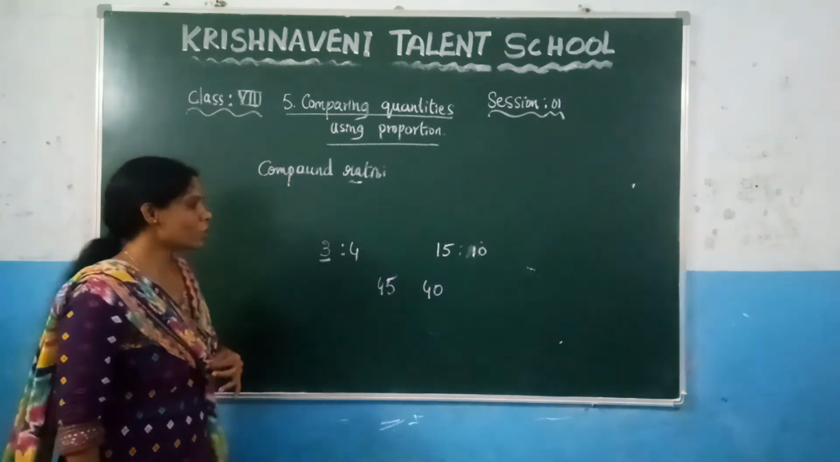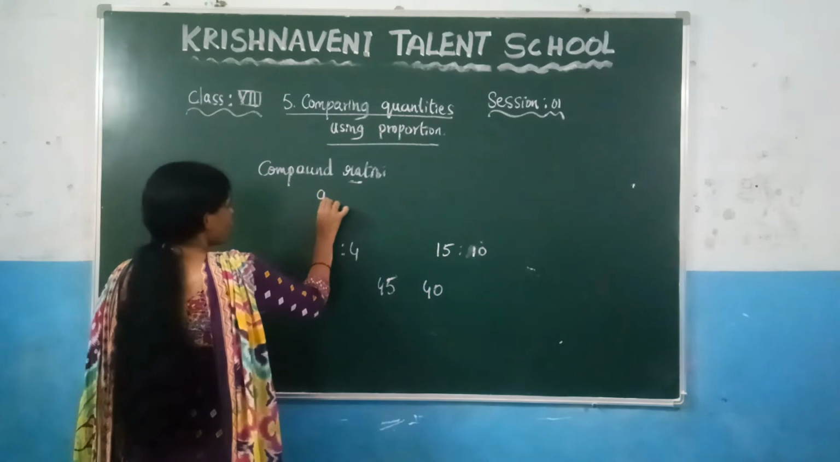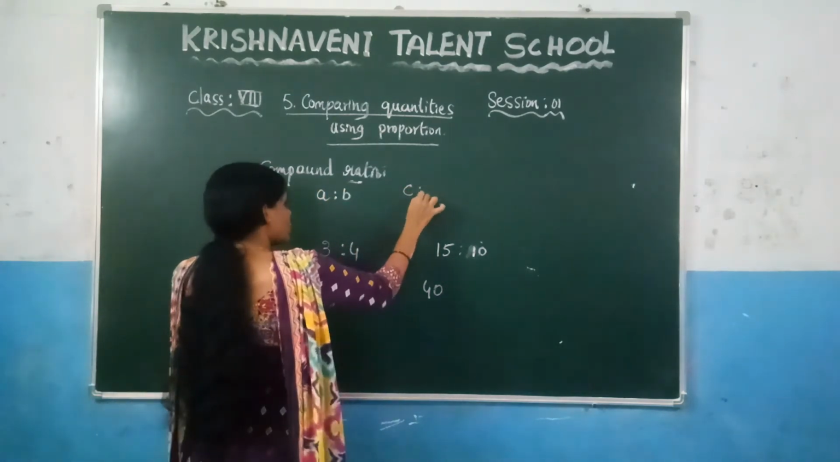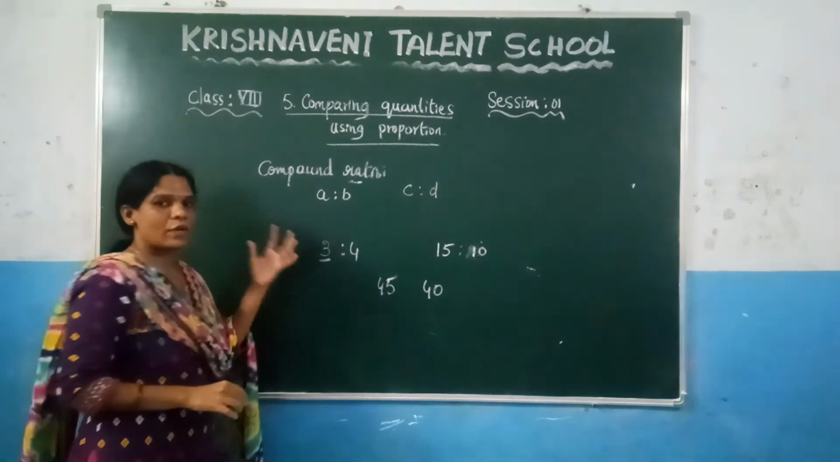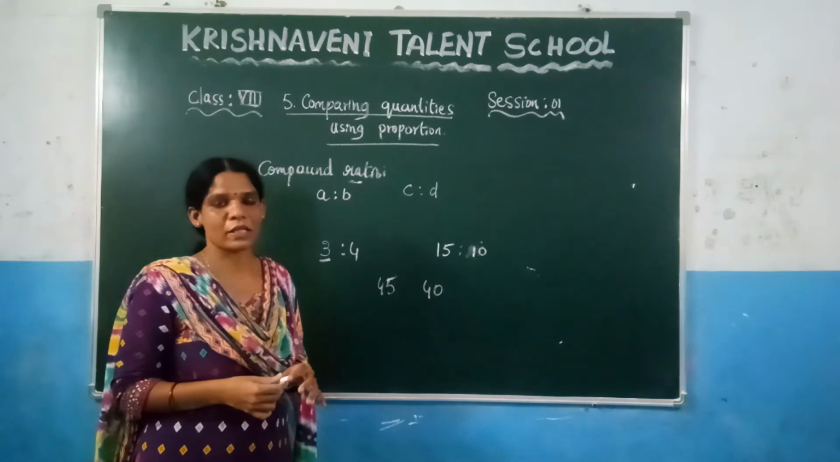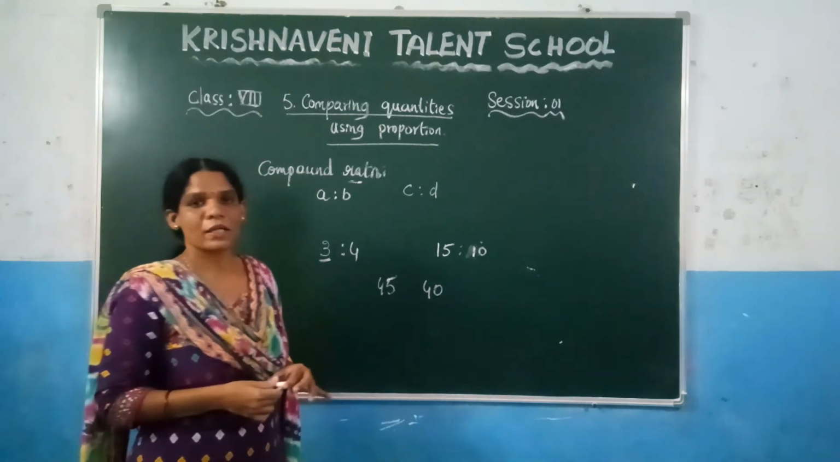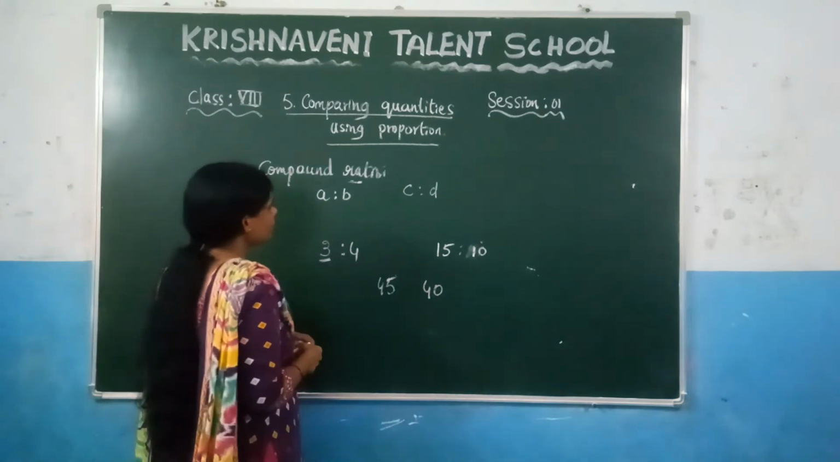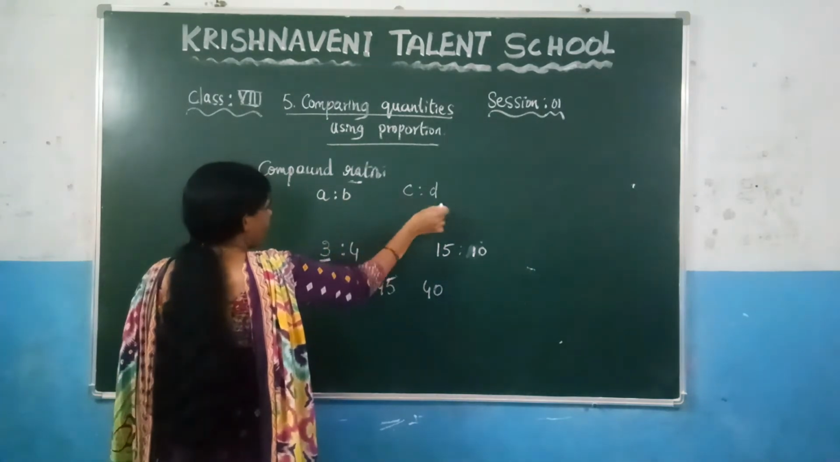Compound ratio. Suppose you want to find the compound ratio of A is to B and C is to D. So we have to clear the examples now. In the case of the alphabets, let us define how to find the compound ratio of the given two ratios. The compound ratio is nothing but, A is to B and C is to D,